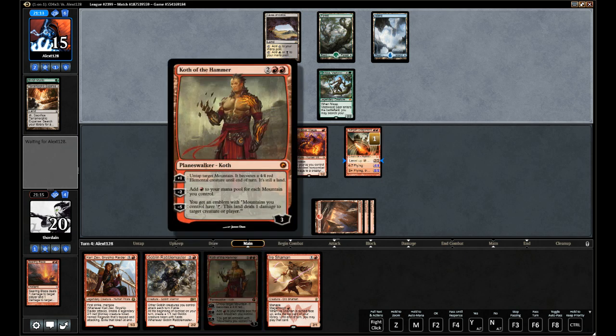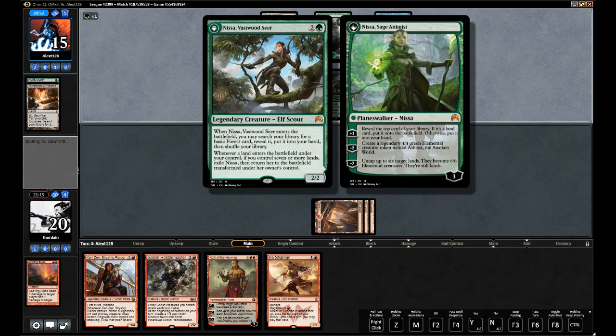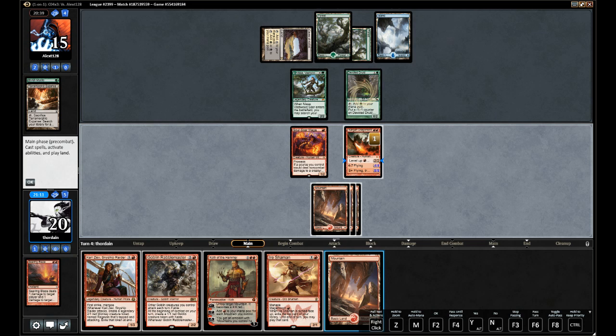If we draw a mountain for Koth, that's really good. It's hard to lose if you ultimate him. And he ultimates so quickly. Wonder if I should have blown up the Nissa, but just like a vanilla 2/2 just doesn't seem that great. Although she will eventually be a problem. I'm hoping I draw a little more burn. Alright. Here's like where I would just love Earthquake, honestly. Okay, we did get our 4th mountain, so we can play...